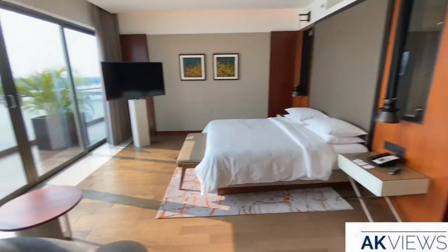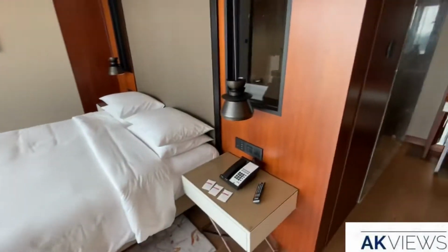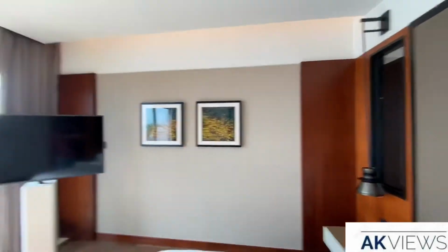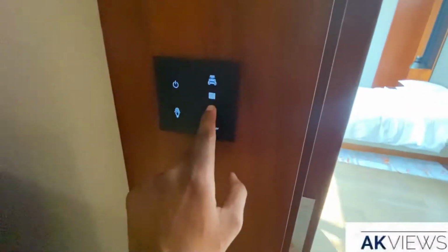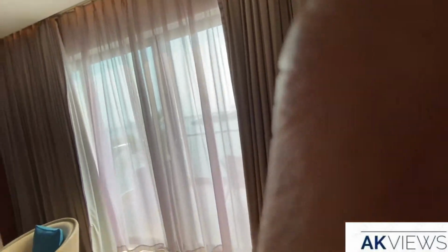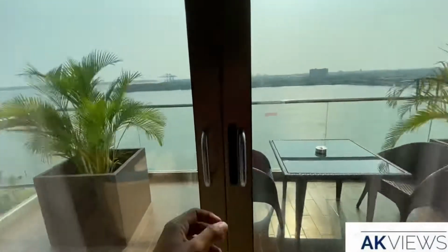And here is the bedroom, the couch, and over here is the sea view. More on that later. What do we have here? Press these two buttons and the two curtains open up, and over there we have the door to the most beautiful thing in this room,